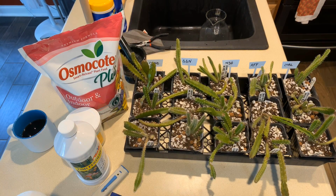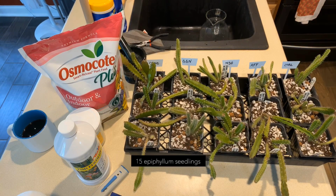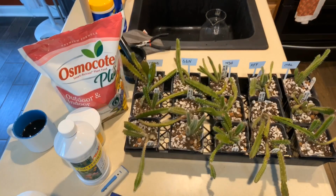In the intro video, I had noted that there would be experiments that I would be running on this channel. This is my first experiment. What I have here are 15 seedlings. They're individual single seedlings. I actually just went through and called out ones that had more than one seedling. And what I'm going to do is test 4 different fertilizers against each other and just see